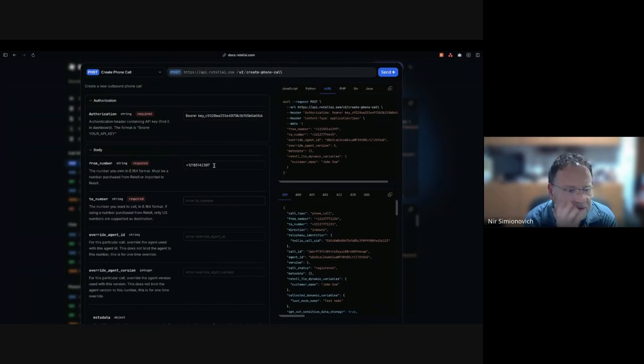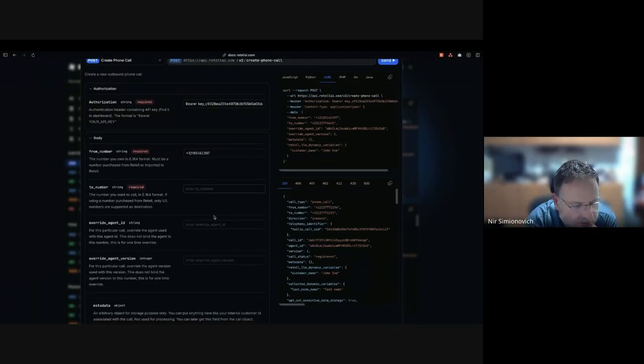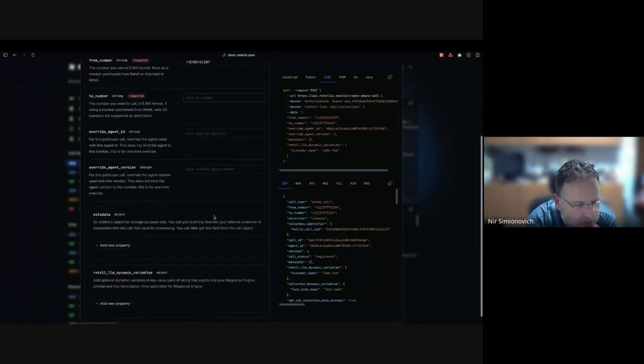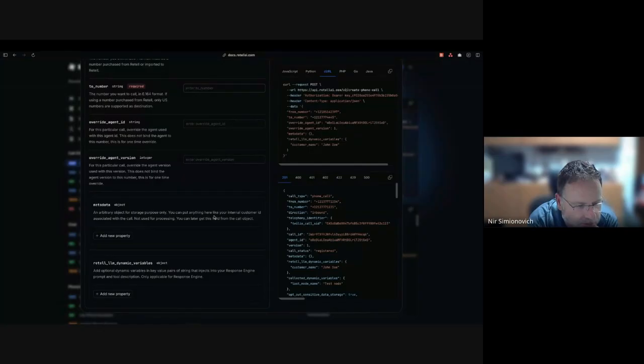Well, this one needs to be 10,000. I don't know if the API will receive that. Let's have a look. Okay, scroll down. You can put anything in metadata, like customer IDs. Okay, so in the dynamic variables, do we need dynamic variables?